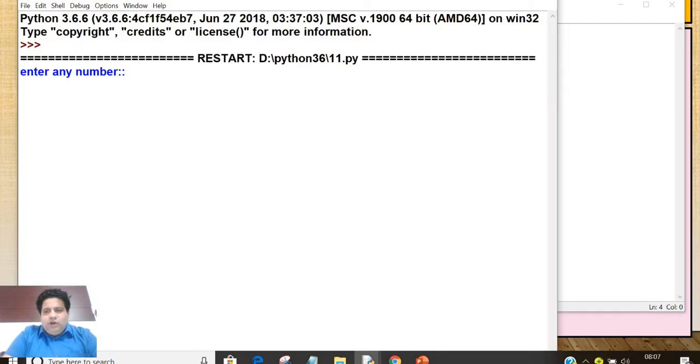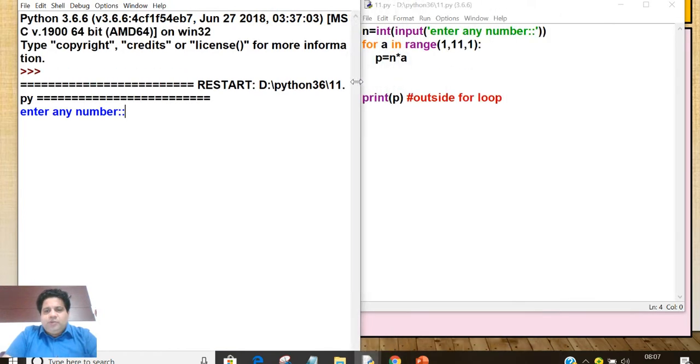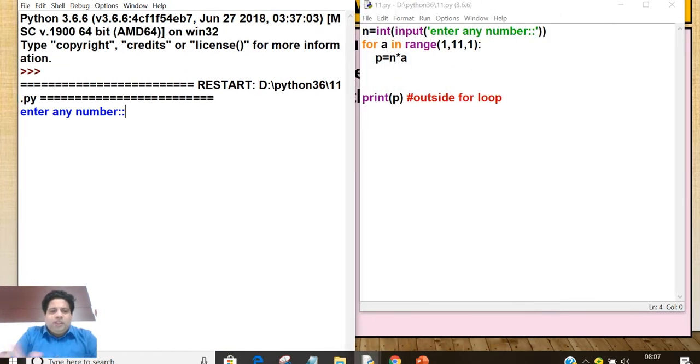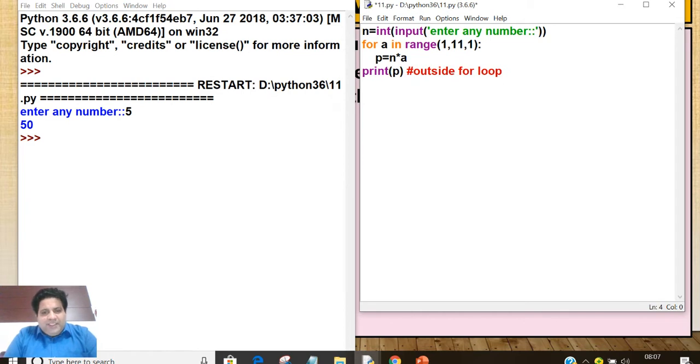So this is called a logical error. It means the program is running but the output is coming wrong. Output is incorrect. This is a logical error. Now for 5 only 50 is coming. Why? Because this print p has been written outside the loop. तो जब लूप 10 बार चल गया तो आखिरी वैल्यू p में क्या आई थी, 50, तो 50 प्रिंट हो गई. सो दिस इज द लॉजिकल एरर. और जब आप ये गलती एग्जाम में करते हो तो मार्क्स आर डिडक्टेड.